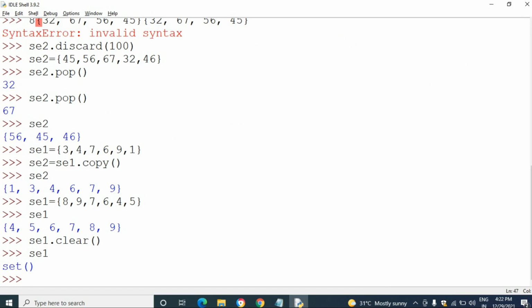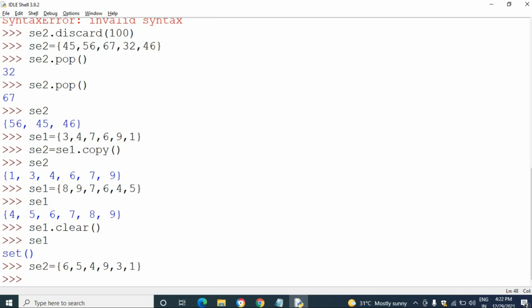Next one, the del command. The del command is used to delete the entire set. Set2 equal to 6, 5, 4, 9, 3, 1.